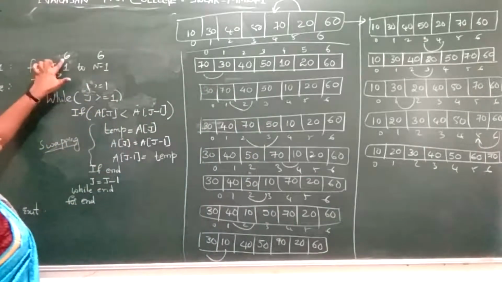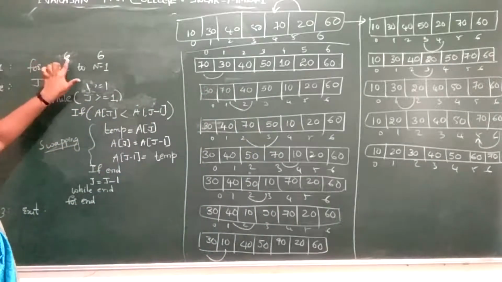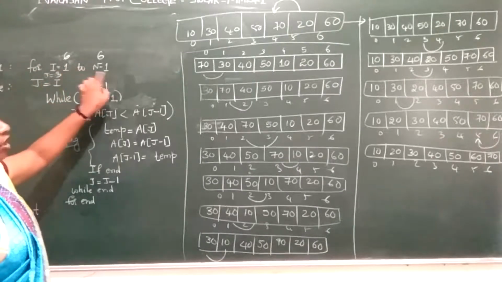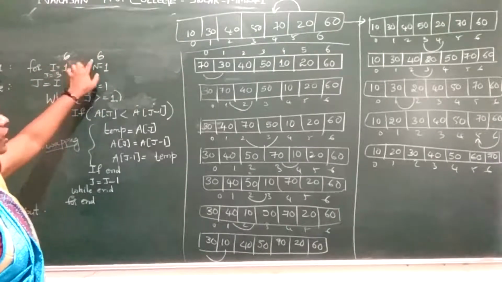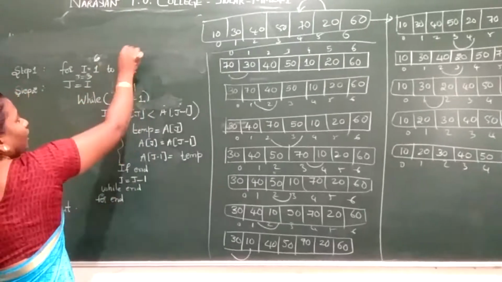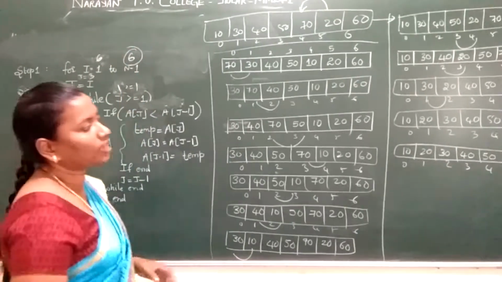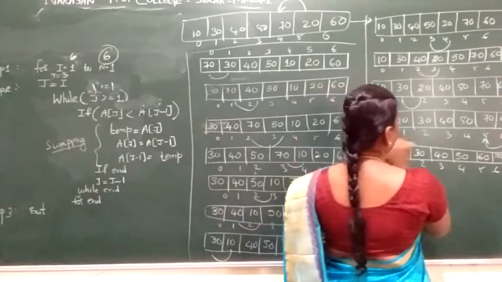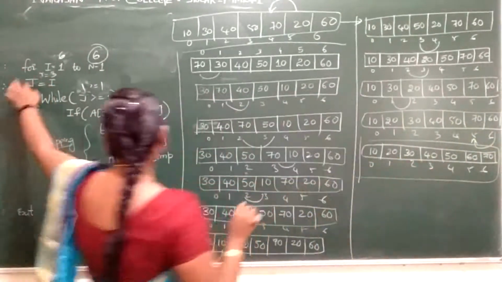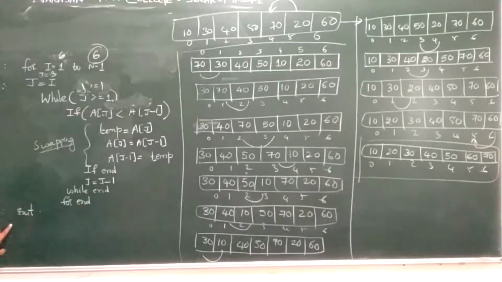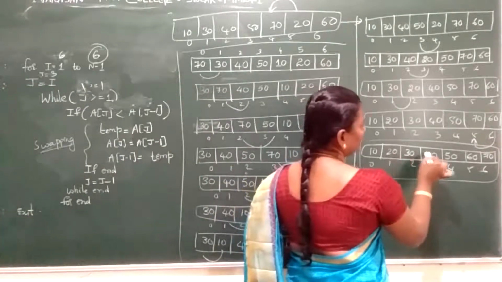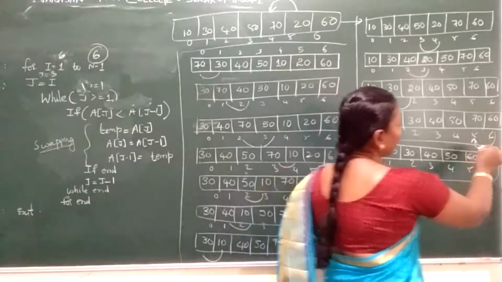Now, when we come to the for loop, we have reached 6. For I is equal to 1 to n minus 1. What is n minus 1? 6. 6 is not less than 6. We have reached the condition. We have traversed till the size of the array. So your sorted array is this one, the final one. After this the for loop fails, the for loop ends here, and we exit the algorithm. So what is the sorted array? 10, 20, 30, 40, 50, 60, 70.